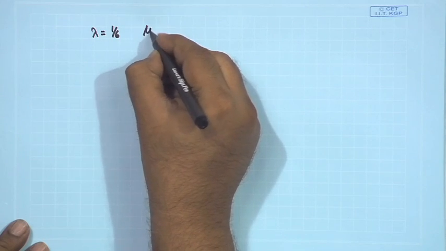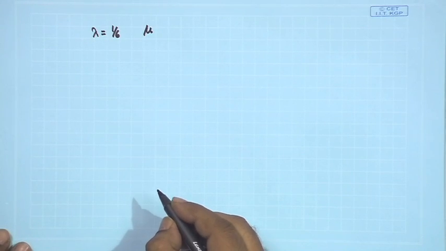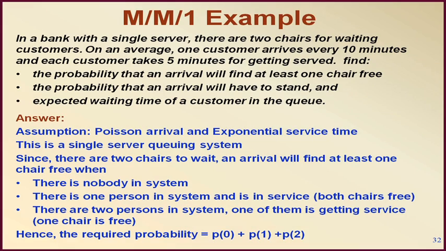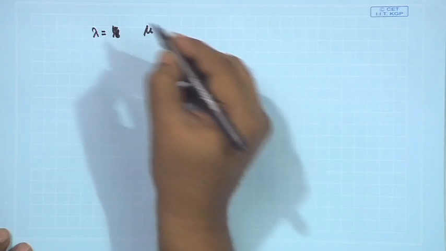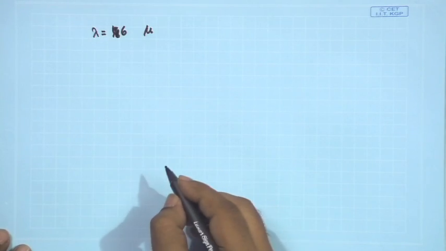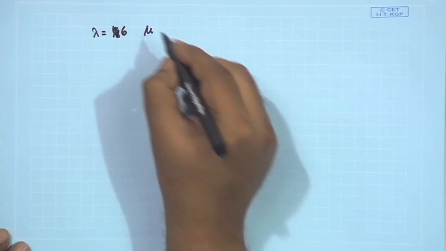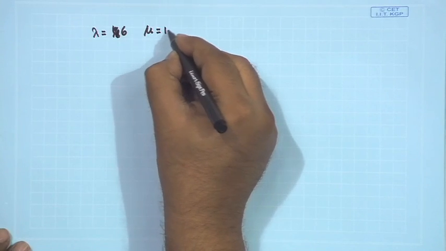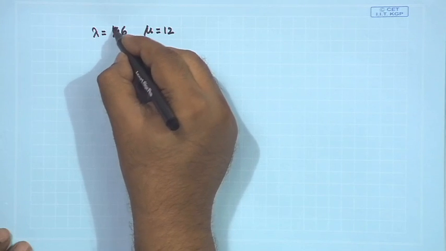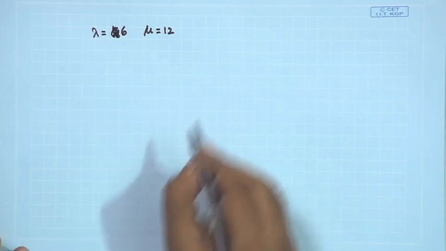What is mu? Each customer takes 5 minutes, sorry, not 1 by 6, customers arrive every 10 minutes. So, lambda equal to 6 and each customer takes 5 minutes for getting service. So, mu equal to 12, right. So, lambda equal to 6 and mu equal to 12, then